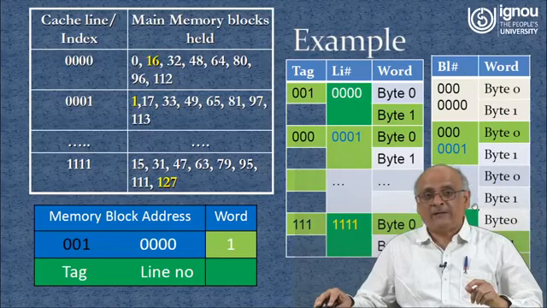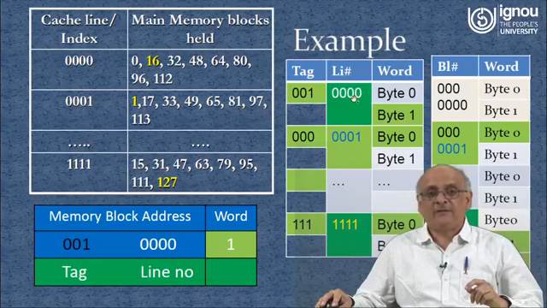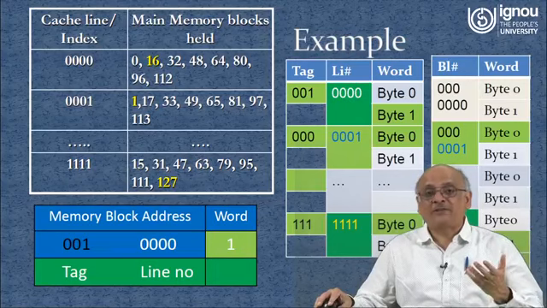32 could not be found, there was a cache miss, so the 32nd was brought in here with 010 and the tag number the same. Then we are referring to 16 again, so once again a cache miss, and then we will once again do that particular stuff. So 16, 32, 16, 32, all the time there will be collisions, right? There will be cache miss, and whenever the cache miss is there, more time is required.